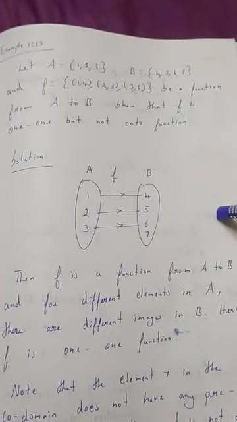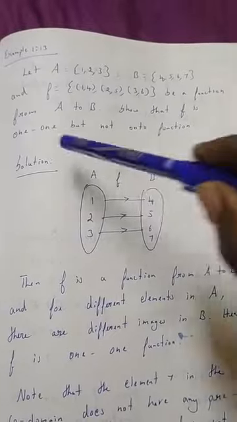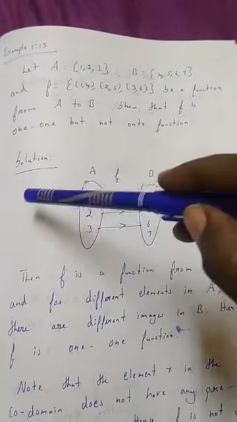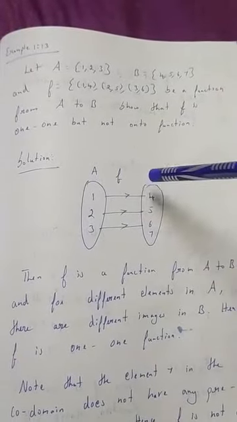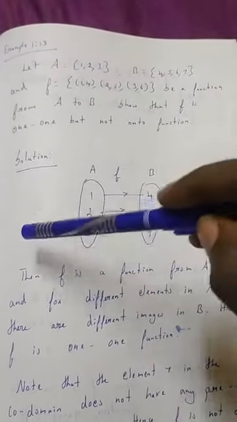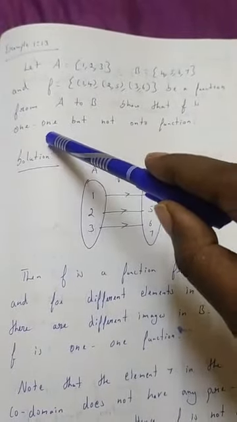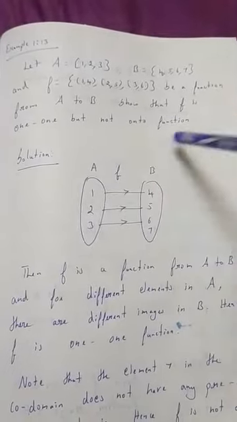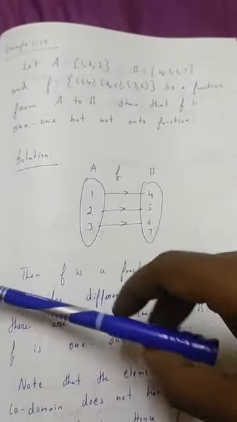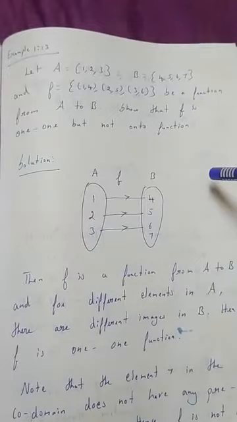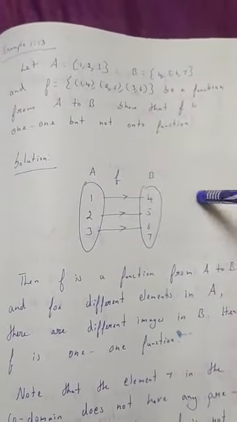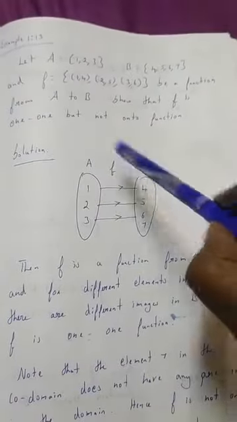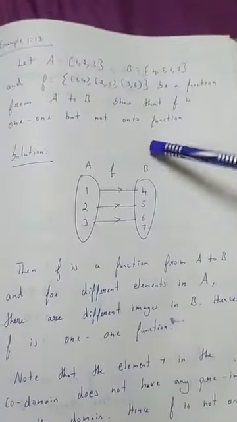So before going to the problem, kindly recall the types of function. In our previous introduction videos about this exercise 1.4, we have clearly explained all the types of functions. So if you have any doubts in types of function, kindly go through the videos and come back to this problem. Okay. So now we have to show this function is one-to-one function but not onto function.